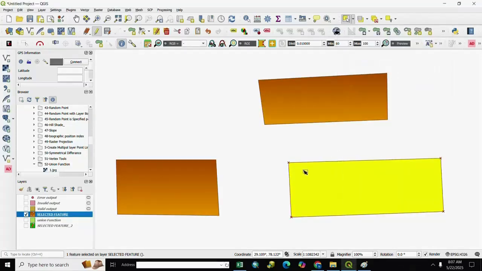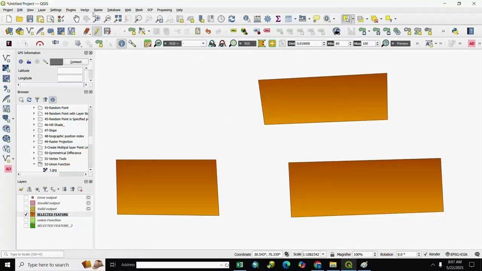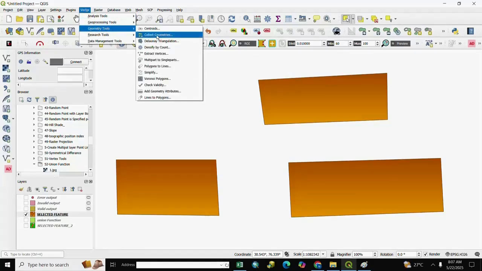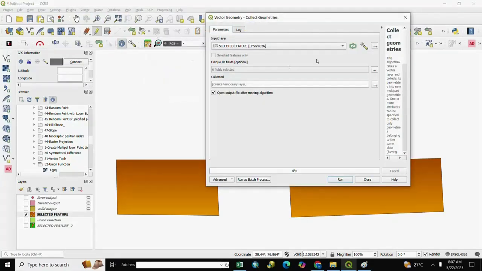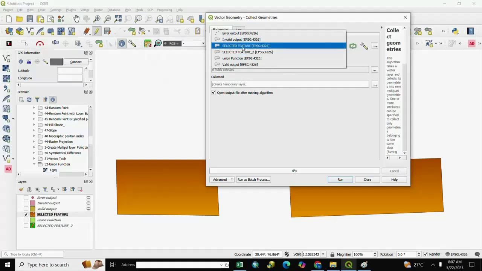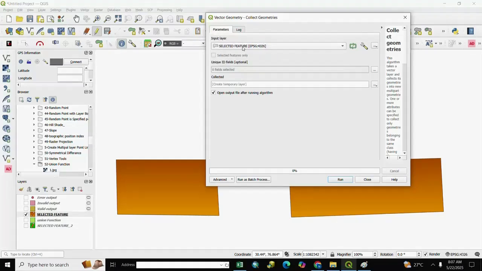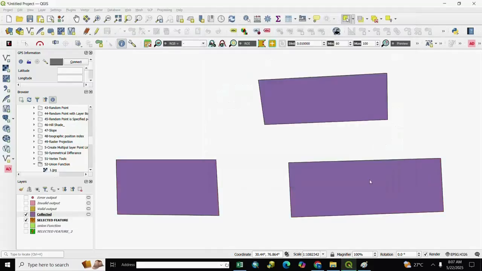For collecting geometry, we unselect it and we go to vector and geometry tools and select collect geometries, and we select our layer, selected feature, and after it we run it and we close it.